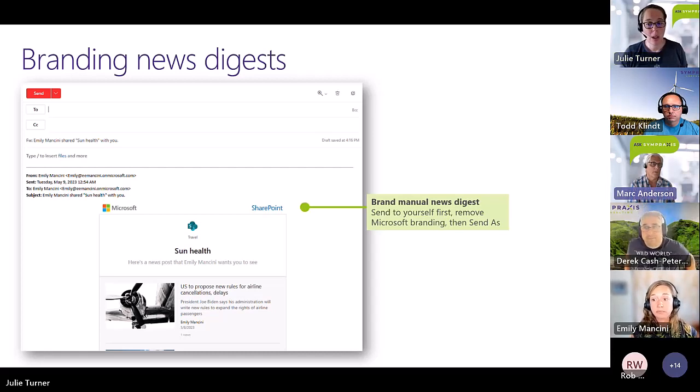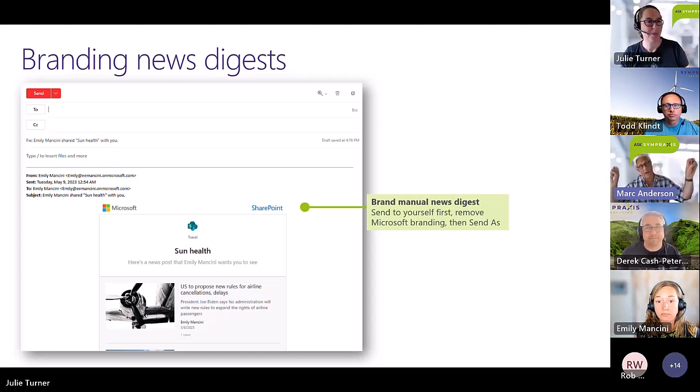Yeah, actually, and one other thing to mention, this is Emily sending a News Digest manually, but the automatic ones that send news to people, hey, you may not have seen these news stories, they come from an email address at Microsoft. I can't remember exactly which one it is. We've had several clients where they actually stamp those emails with, this looks suspicious because it's coming in to Exchange from outside.